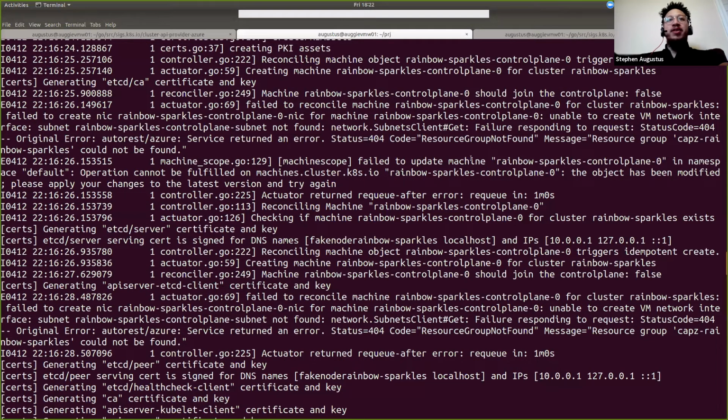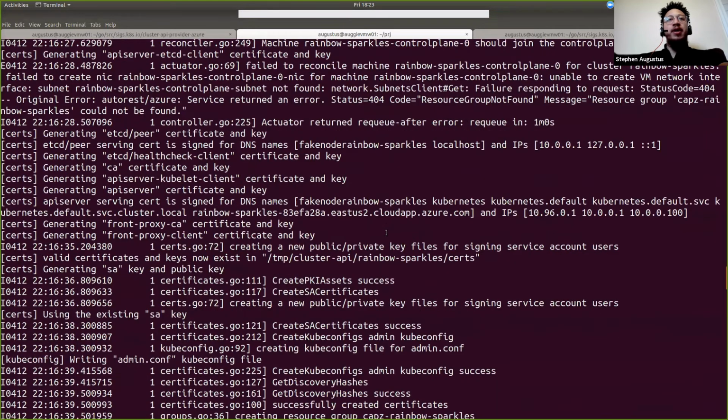And now we see that it's failed to update this machine, and it's failed because it didn't have the NIC, right? And the actuator is like, hey, I'm just going to try again in a minute. Is that cool? I'm going to hope I have the information by then, right? So continuing down the line,